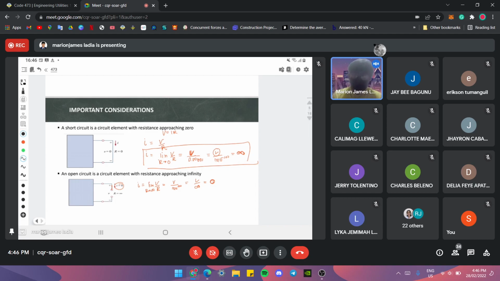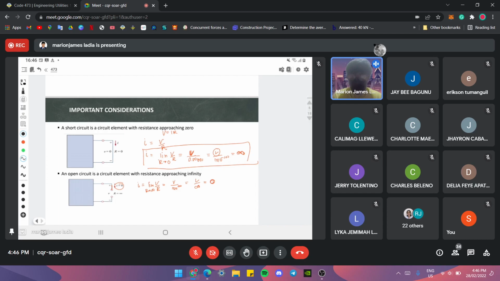Pag sinabi nating short circuit, we have an infinite current and we have a zero resistance. Meaning, pag infinite yung current natin, masyadong mataas yung current natin, mataas yung temperature, and it would lead to sinasabi nating electrical fire. Pag open circuit naman, ito yung ginagamit natin if